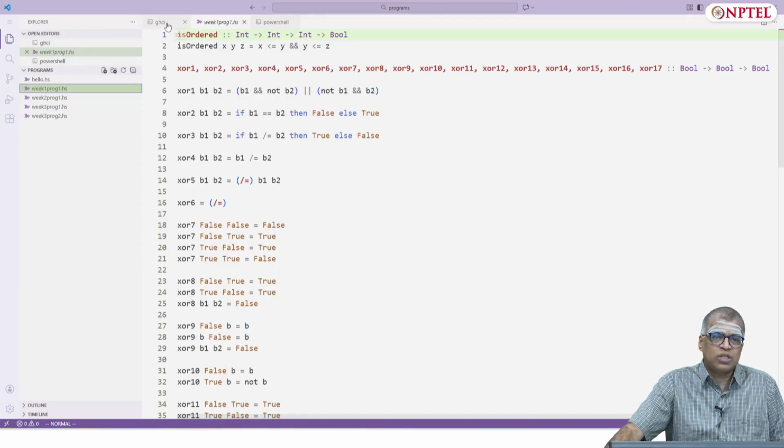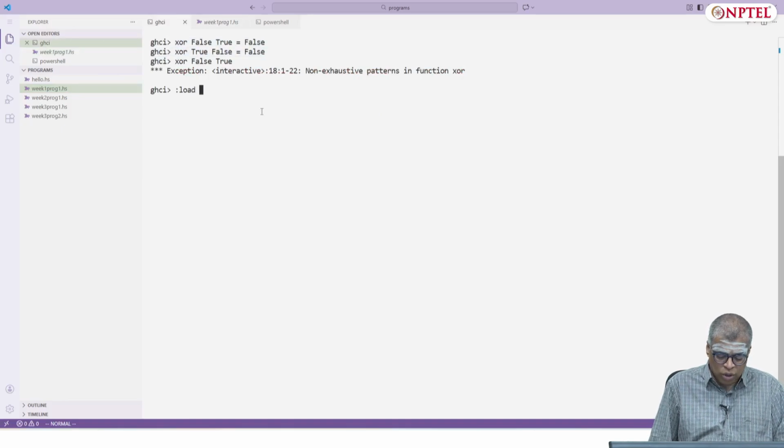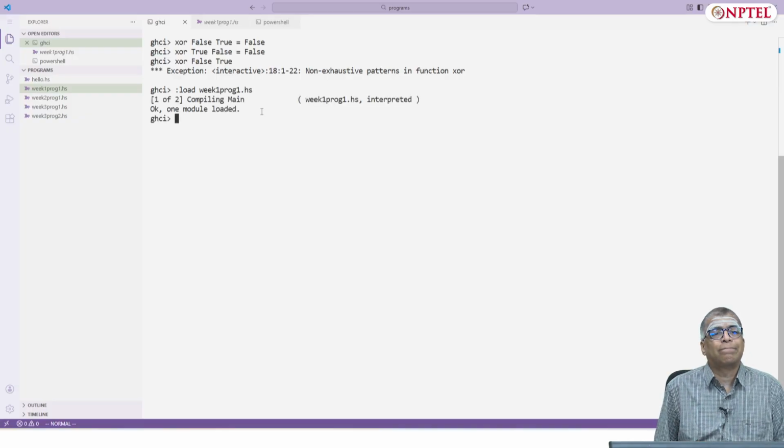Let me go back to GHCI. The command for that is load. Load week1 program1.hs. Right? You can see that it has compiled week1 program1.hs, interpreted. Now you can use all the definitions that have been supplied in the file. They have all been compiled now.